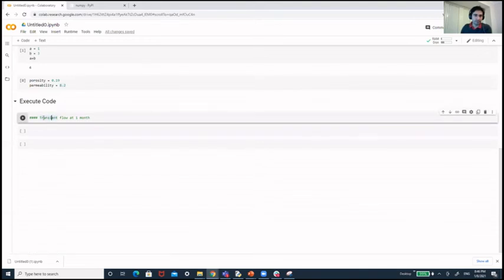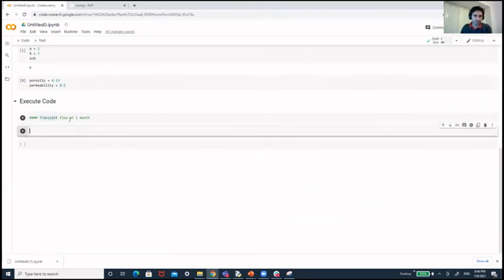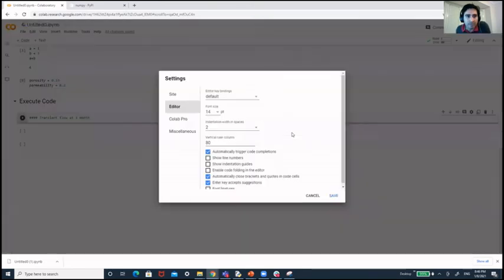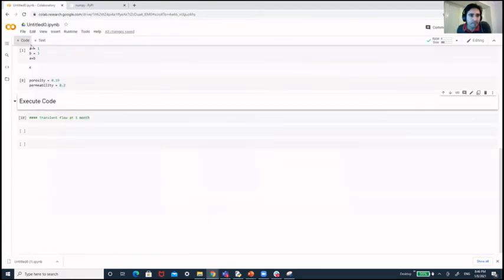You see that this is not showing at the moment. You have to be careful, because this should be a cell. Open the settings. This should be a text.